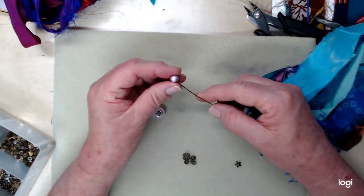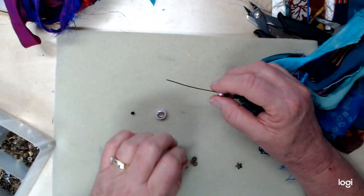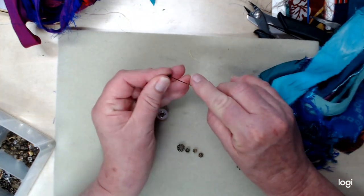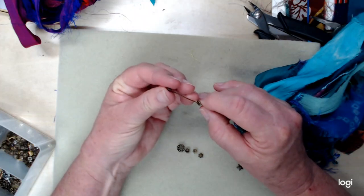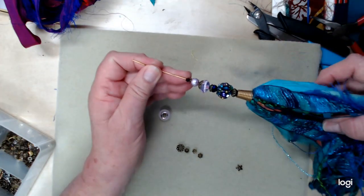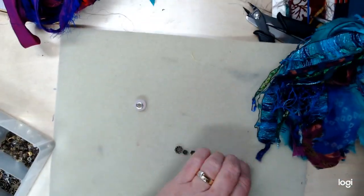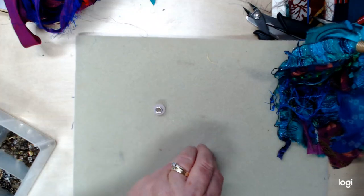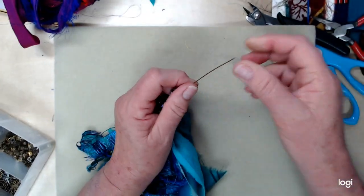Okay, do I want to end it with this? And I want a daisy and this little tiny crystal that's got all the purpley. Wow, look at that. Oh my goodness. Okay, I love it. All right, so I'm going to put these back up, and I am going to take